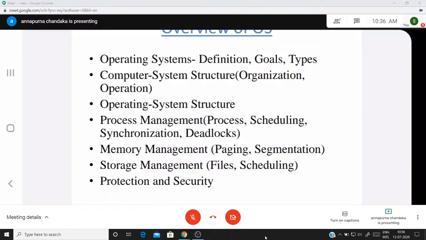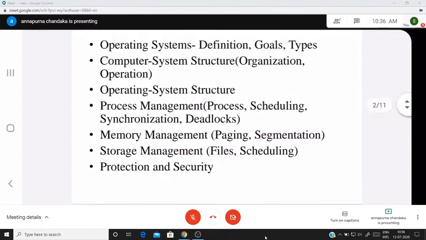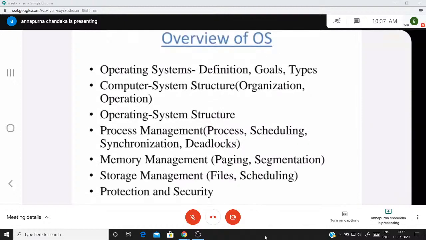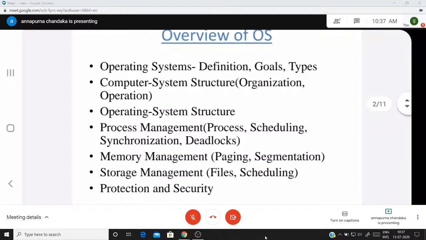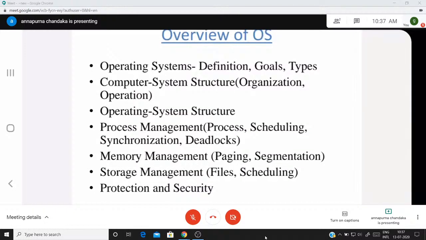In this, we are also going to see secondary storage scheduling algorithms. Whenever multiple jobs are trying to write data onto the hard disk at the same time, how the operating system schedules the jobs is seen in secondary storage scheduling algorithms. And the last topic, but not least, is protection and security: how your processes and your resources are going to be protected from one another. These are the topics we are going to see in the entire syllabus of GATE 2021.